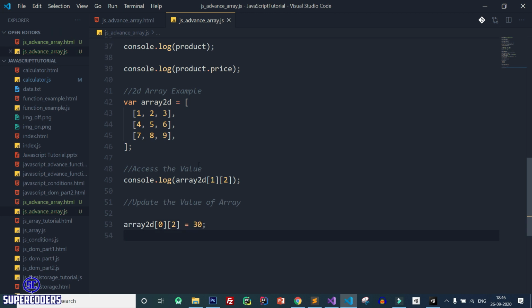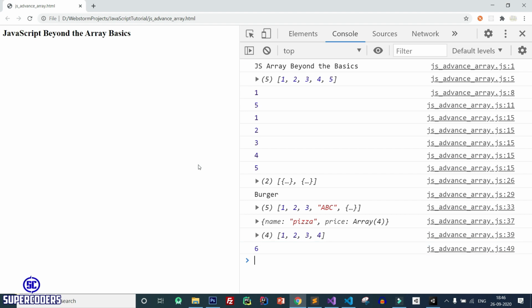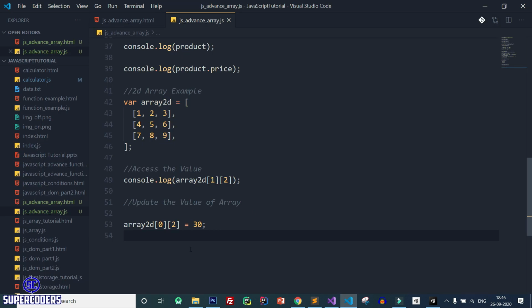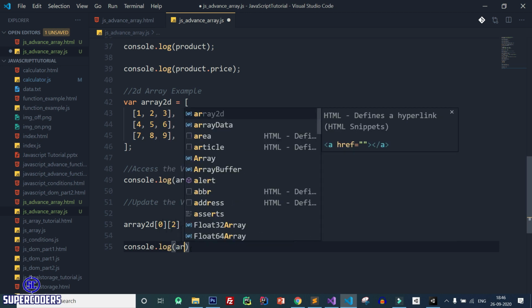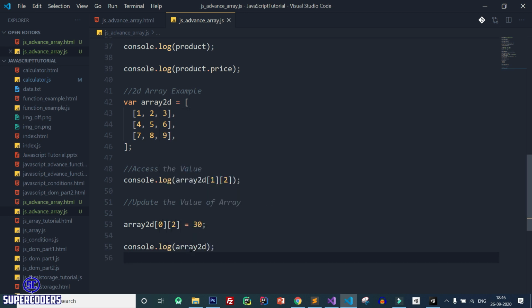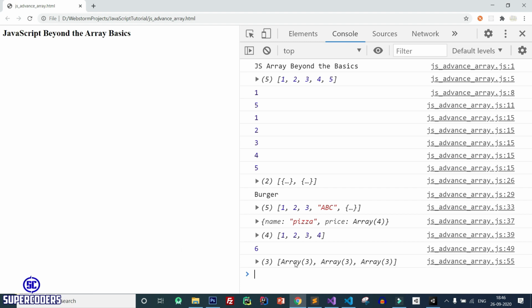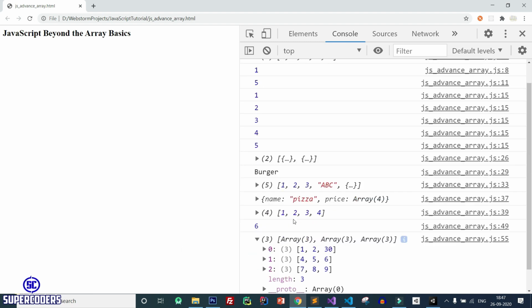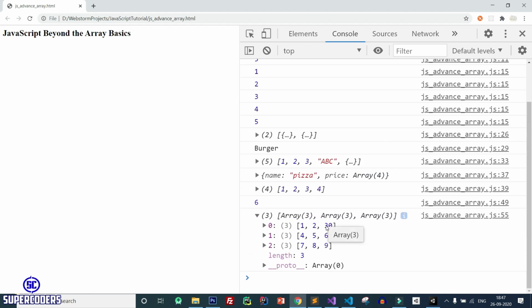Save it, back to Chrome, refresh the page, and I again print the value with console.log array 2D. Save it, back to Chrome, refresh the page, and if I open this array, you can see the value is being updated.